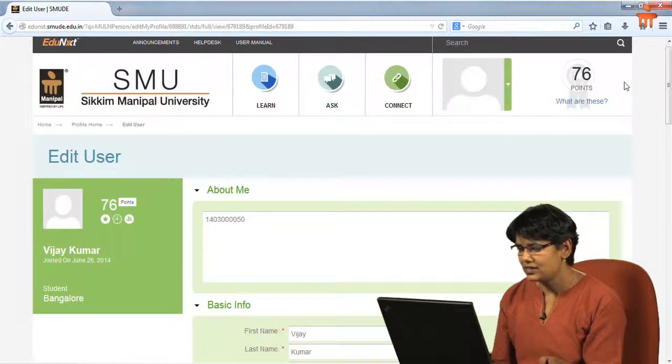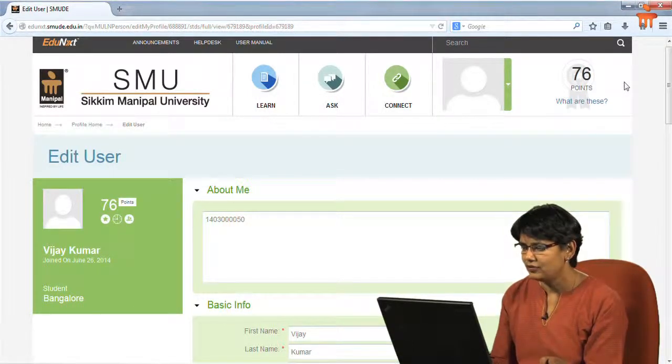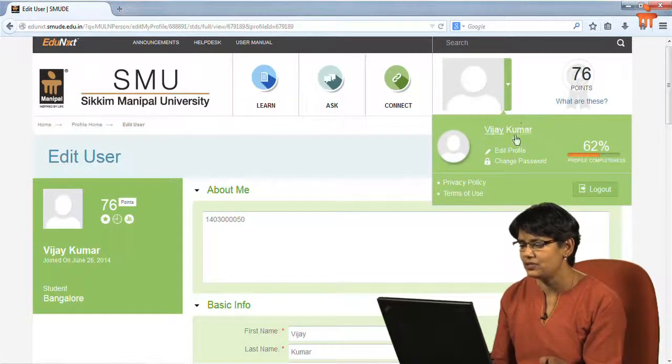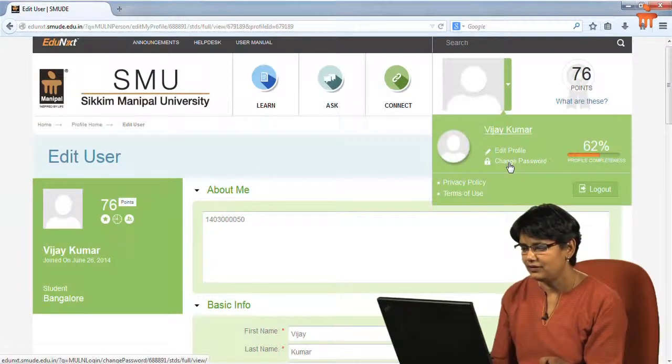As you can see, it's only 70% complete now. Fill all of these details so that your profile will be complete. You can change your password using this option here. The only thing is, there's no option for changing your photograph here.